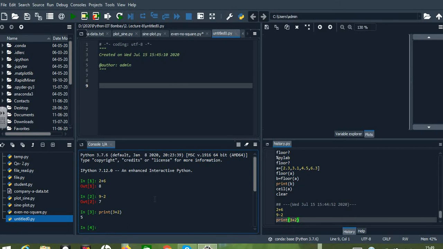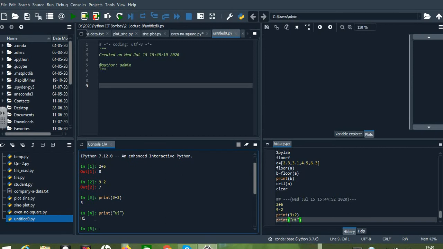We have a separate video for strings, but let me give print of some string. Python, similar to C programming, requires whatever string we need to print on our output screen to be given within double quotes or single quotes. For this again we have a separate video. So let me give hi, which is printed on our output screen.